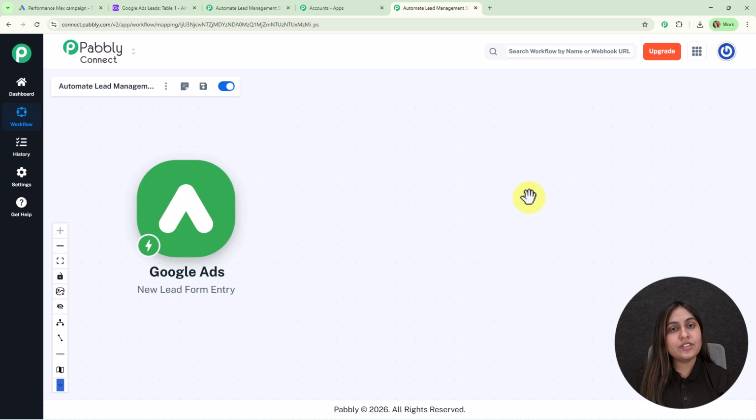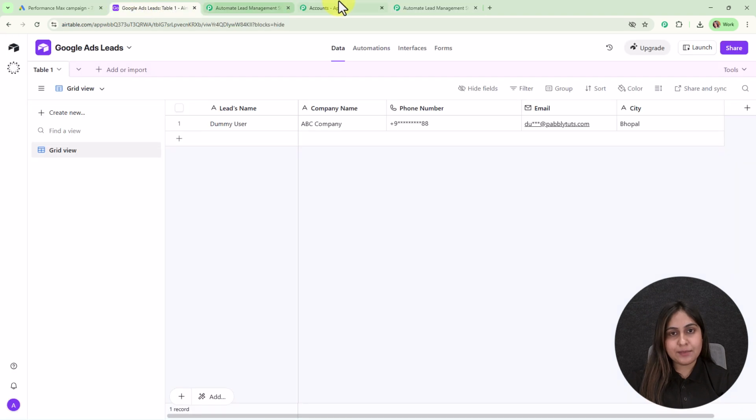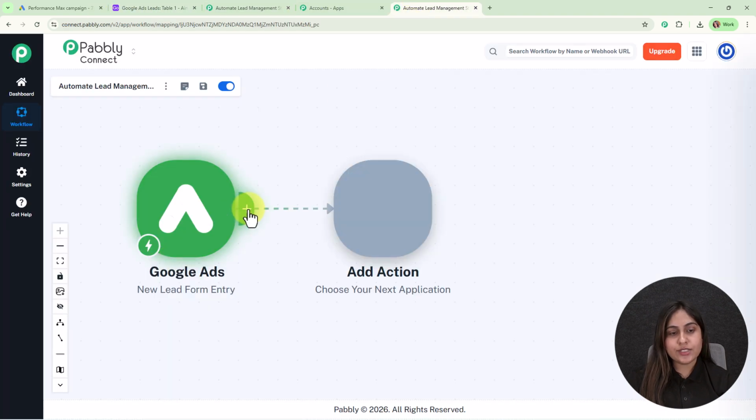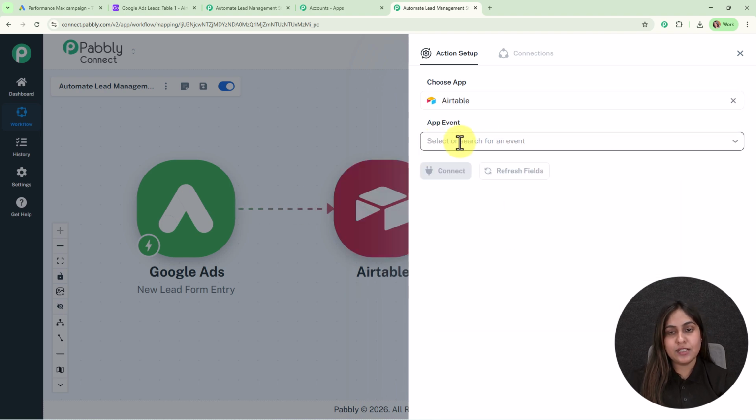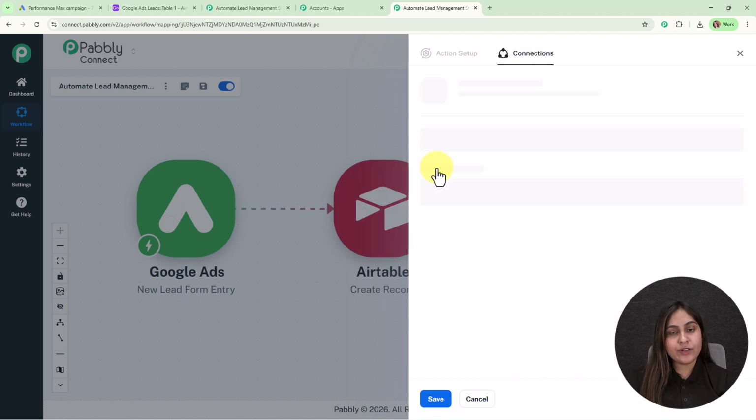So once we have received a new lead, then instantly using the details we are going to create a new record for the same inside our database, that is Airtable. So for that we are going to add our action step over here, and here I'm going to select my action application as Airtable. For the app event we are going to select create record, and then we're going to